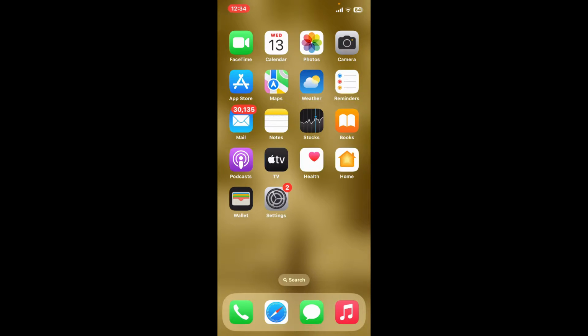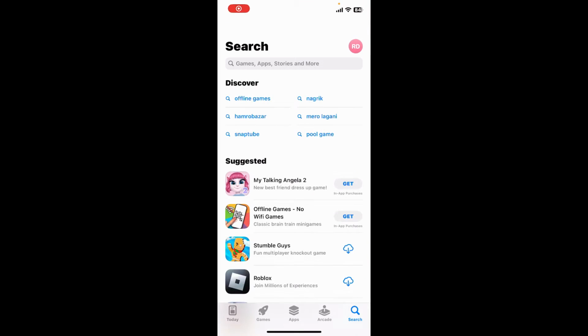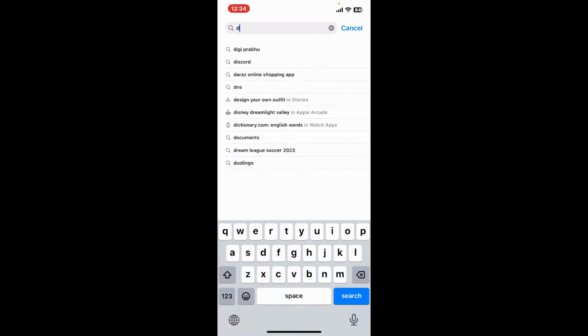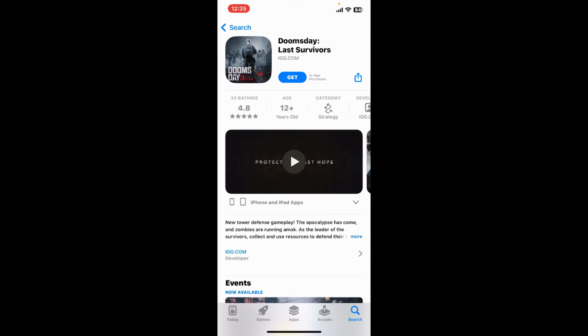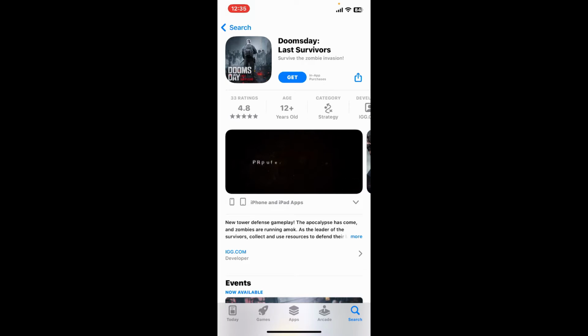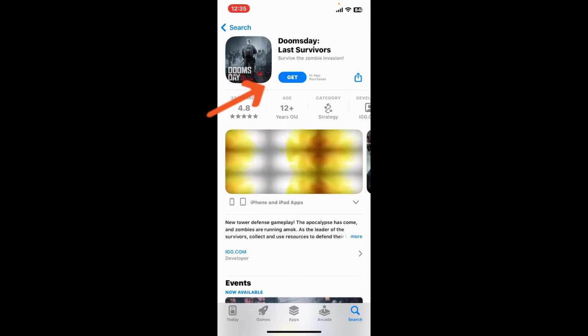First of all, open your App Store and also make sure that your iOS device is connected to a stable internet. Once you're inside the search box, type in Doomsday and search. Look for this application from igg.com that says Doomsday Last Survivors, and then tap on the Get button to begin